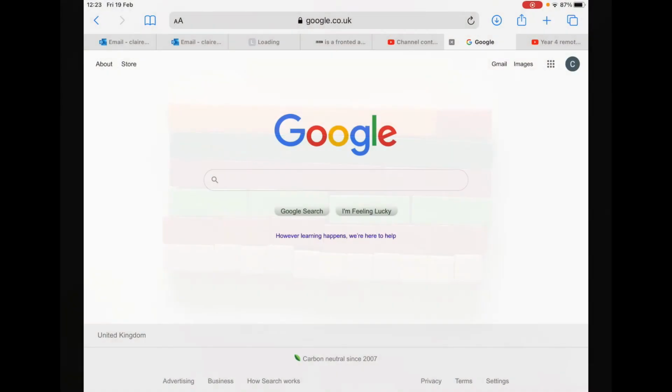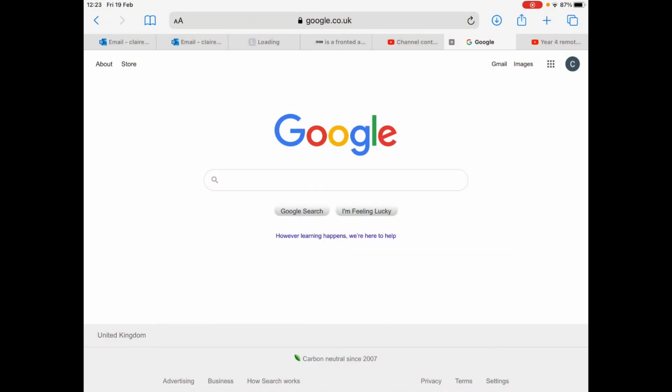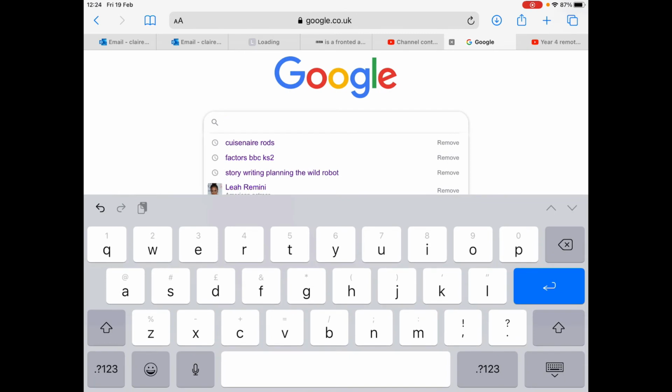Year 4. So you obviously won't have the Cuisenaire rods that I've just showed you how to use at home. So what Mrs. Oliver very cleverly found is some interactive Cuisenaire rods which you can use to do this task. So if you just use Google, and you can just see I've got Google, the search engine, ready, and I'm just going to type in